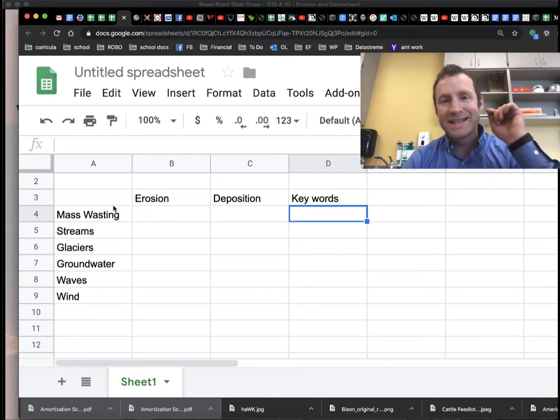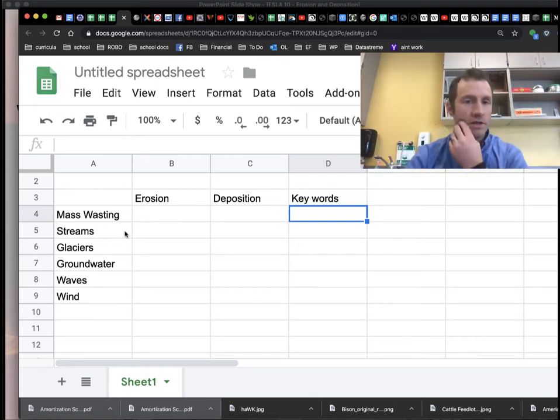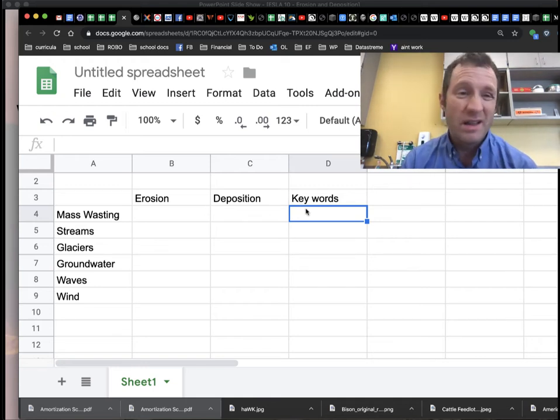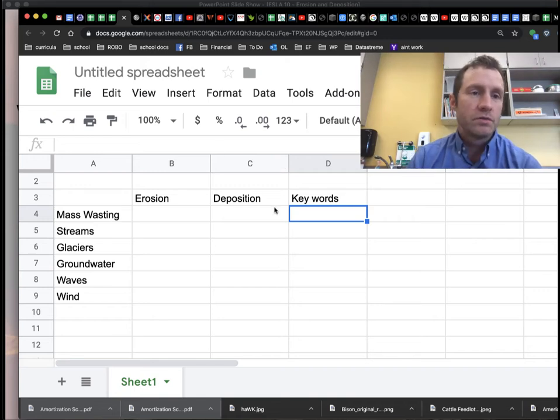We're going to talk about 6 different types of erosion and deposition: mass wasting, streams, glaciers, groundwater, waves, and wind. Basically 6 different ways that sediments are moved from one place to another. I'd like you to write down whatever notes you want as we're learning these things about erosion and deposition in these different contexts, and any keywords that might be helpful. There will be a lot of new words for you this week. So the first type